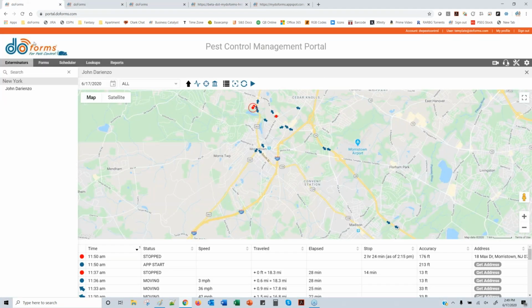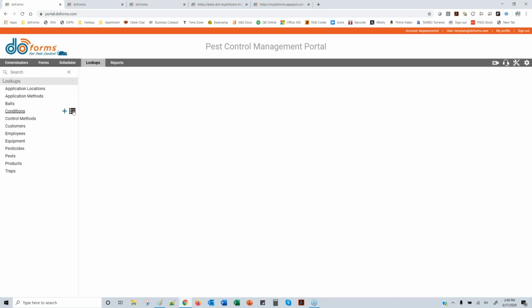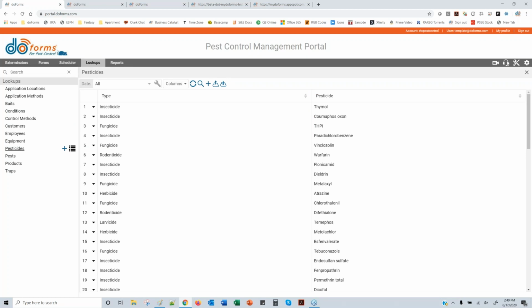I want to show you something new in S-Class. So go into lookups. This is where you could keep your dashboards and all of your data now that's embedded in your forms. So as an example, go to like the pesticide list, Anthony, or is that what you're in? Yep. So let's say you have forms now and you want to make it very easy for your people to manage the data that goes into these forms, or you want to be able to manage the data that's coming in through modifies. If you put your form into a project called lookups, that form will automatically be displayed